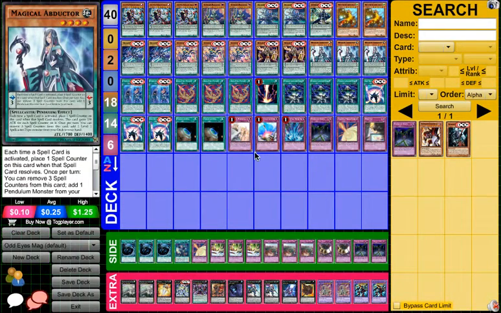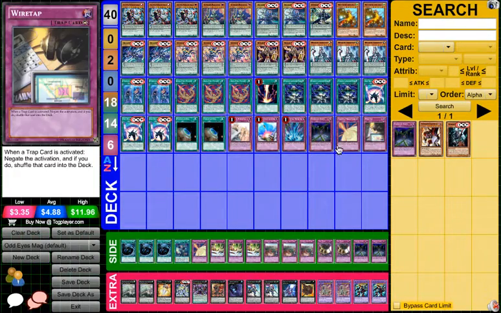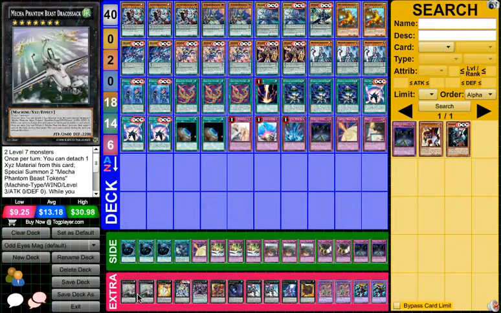So that's the main deck, 40 cards. The main changes from my build from yesterday are just that I've cut down on this in a terraforming, added in a couple traps, and I also added in the avions. The extra deck, I don't think I changed the extra deck, but I'm running 2 Draco Sack,